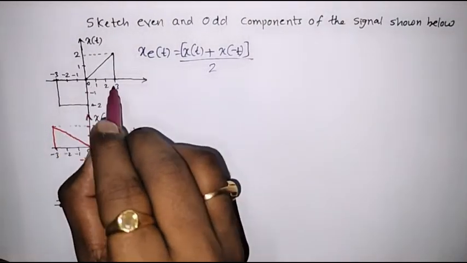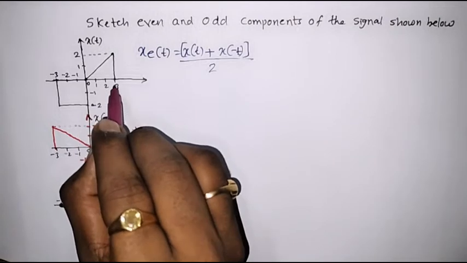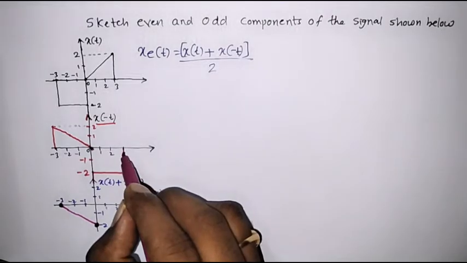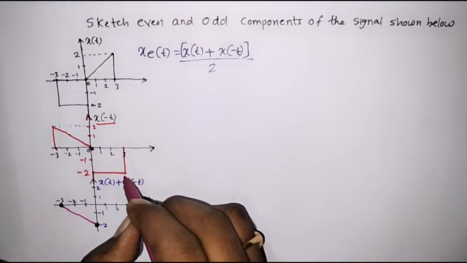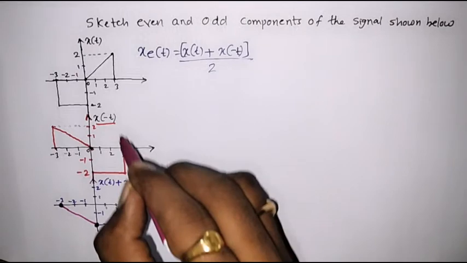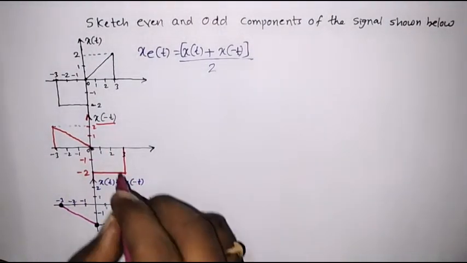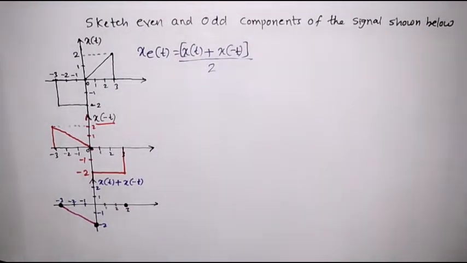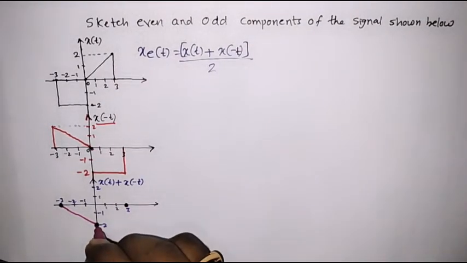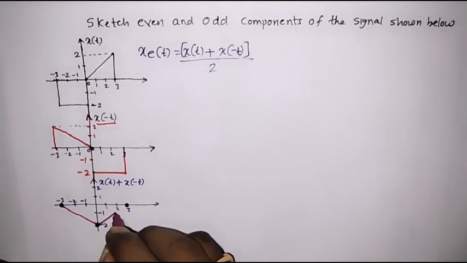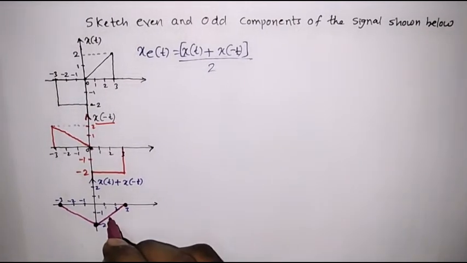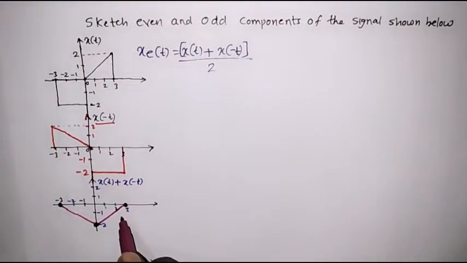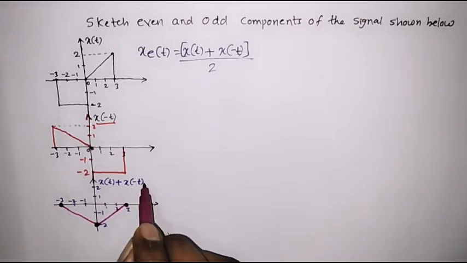Now at t equal to 3, that is at +3, the amplitude of the signal is 2, and here at t equal to 3 the amplitude of the signal is -2. So when we add 2 with -2 the resultant will be 0. That is, at t equal to 3 the value is 0. This is the point. Now we are supposed to add this point with this point. So this is the resultant waveform when we add this part with this part. So now this entire waveform is x of t plus x of minus t.